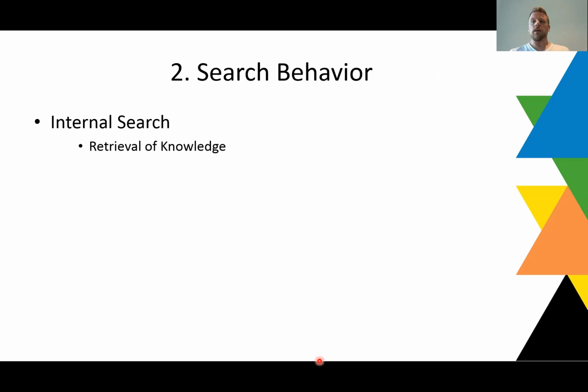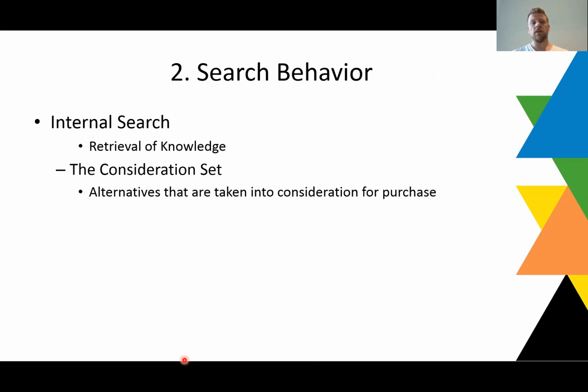We have a brain which is a high performance computer in our heads, so we might as well use it, right? So that's something that we do. Now, if we have a lot of previous knowledge, something marketers are typically very interested in is a factor which we call the consideration set. That is typically made up of previous knowledge, and is the set of alternatives that we are taking into consideration for purchase. So when we purely use internal information, without engaging in external information, the internal information gives